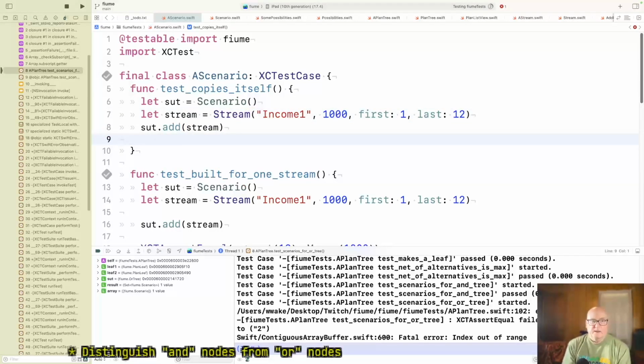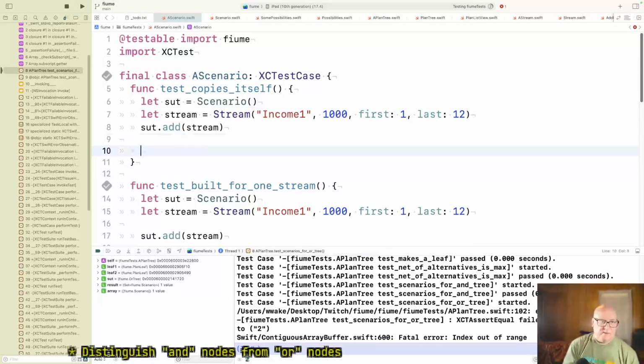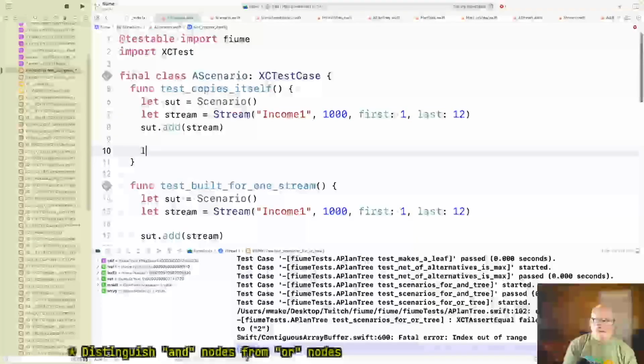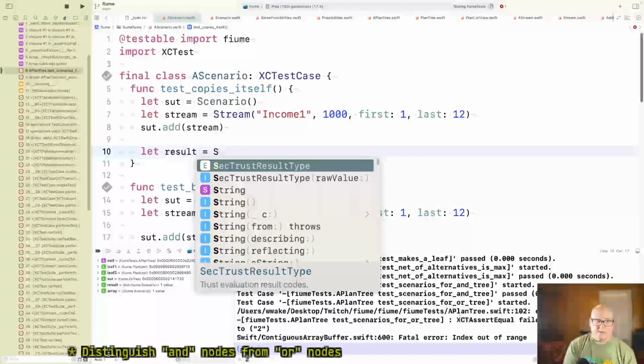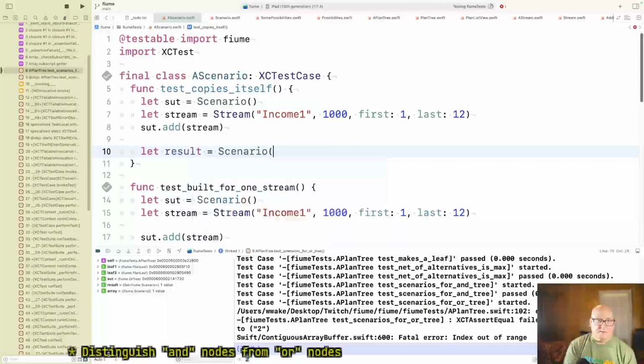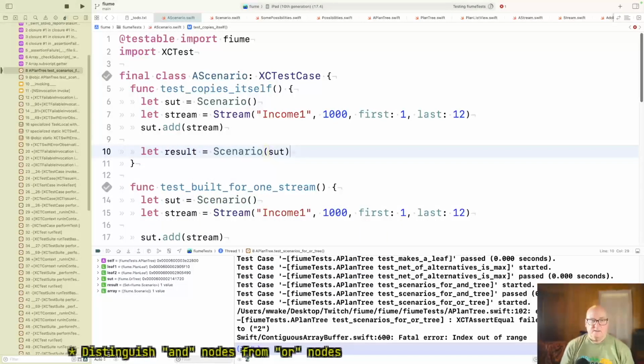Okay, so here's a perfectly good scenario. Now, if I say let result equal scenario of sut, it's a little weird.